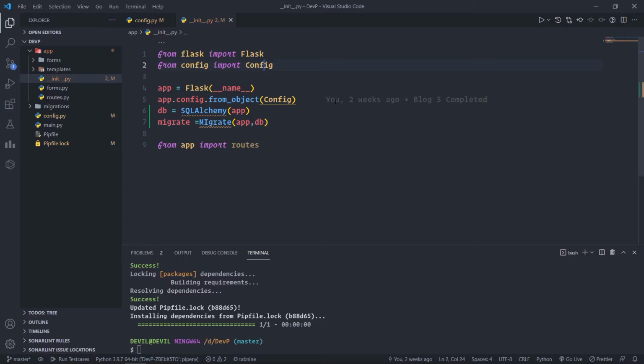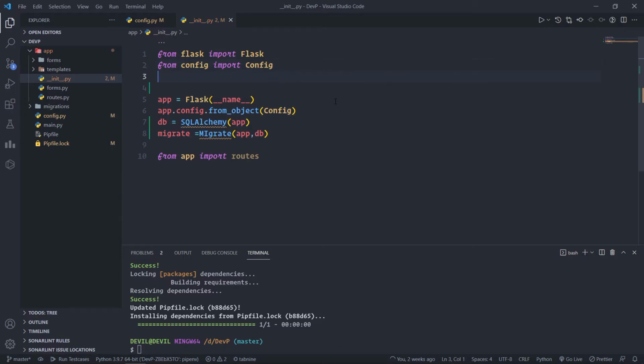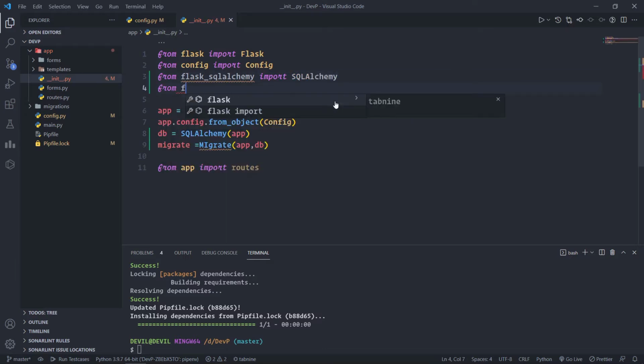So let us import these libraries. From flask_sqlalchemy import SQLAlchemy. Cool. And from flask_migrate